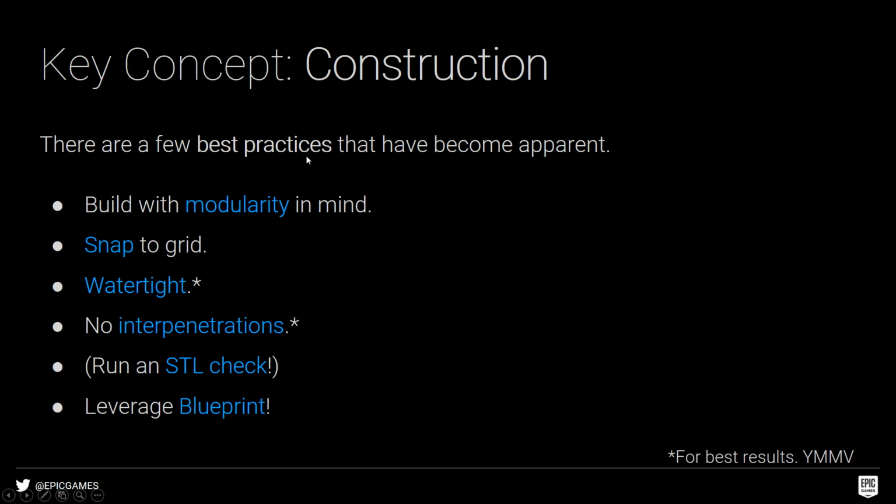And of course, leverage Blueprint. Did everyone see the Chaos demo, see video of it or anything like that? Yeah? Okay, so all of those building facades were built with Blueprint using construction scripts. It's a number of static mesh components that all just auto-generate based on parameters. So you can leverage that to quickly put together scenes.